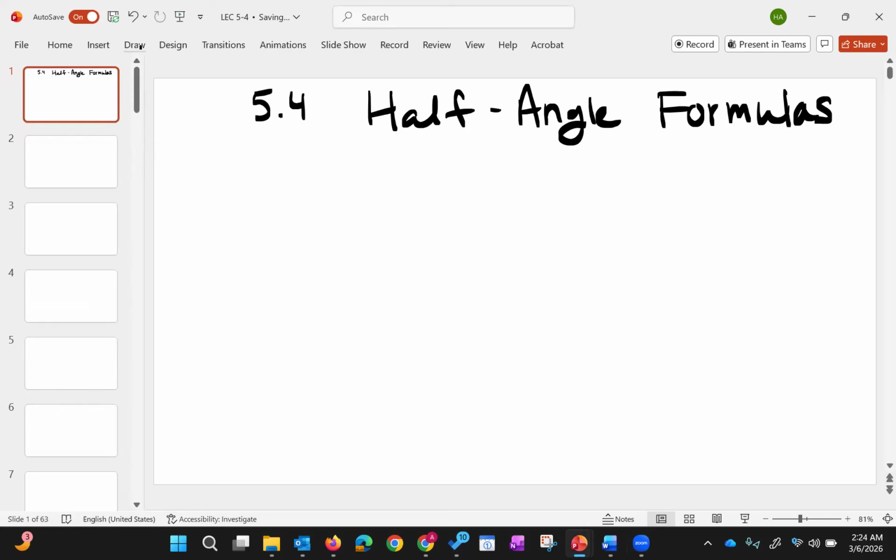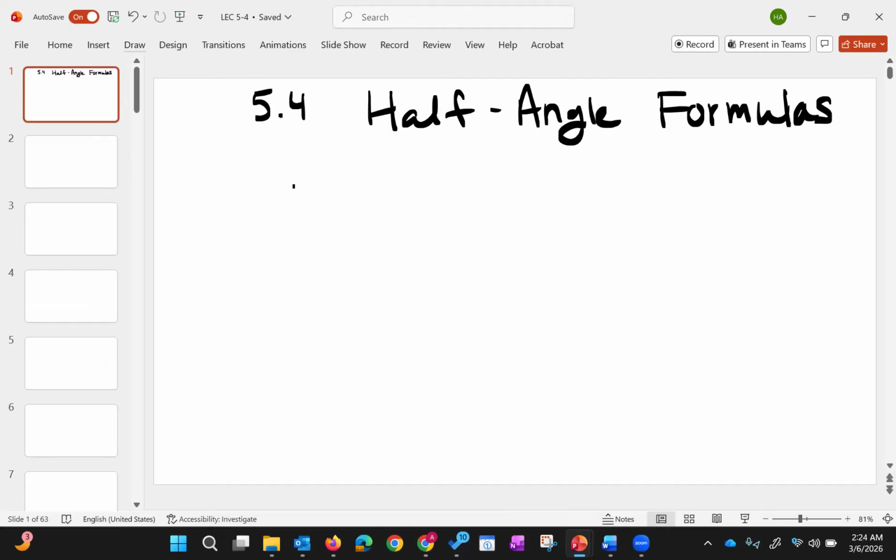We are on the half angle formulas. So we want to be able to get half of the angle that we have been doing so far. Let's see what that all means here. But before we get there, let's go back to look at the double angle formulas, because that just might help. If you guys remember,